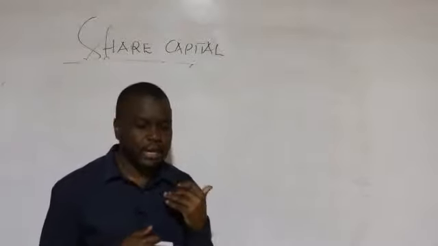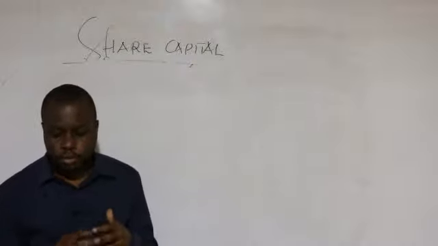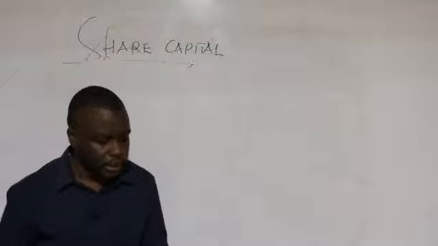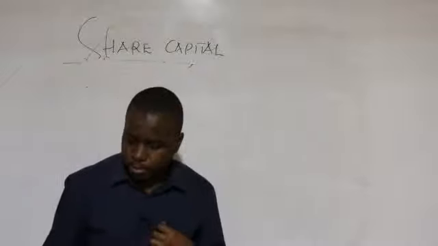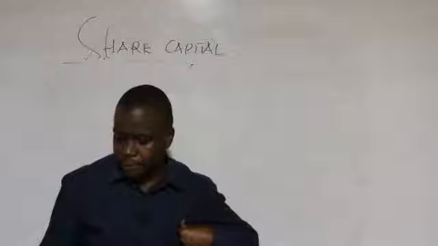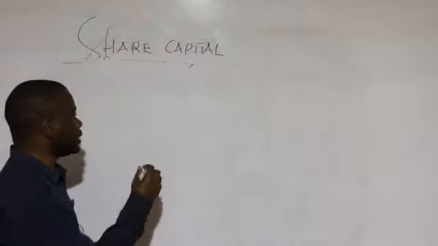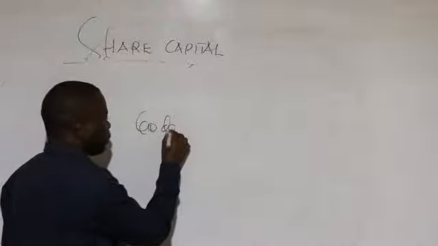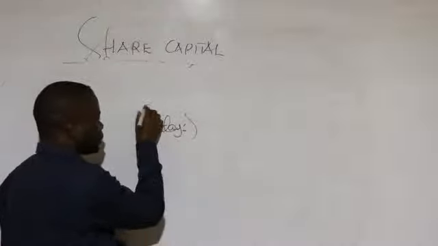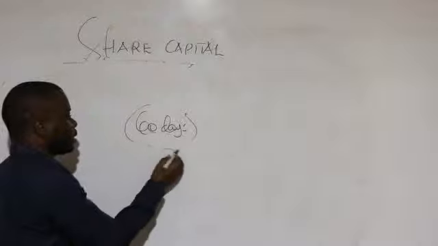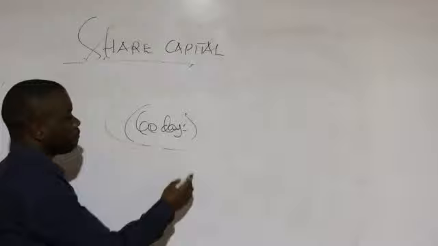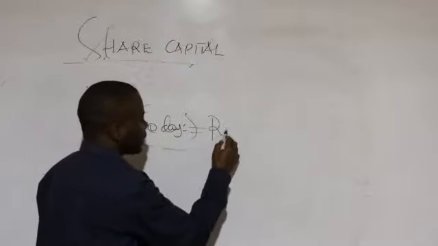So those basically will be the contents of a return of allotment that will be made to the register of companies. And it is a requirement for this particular return to be made to the register of companies within a period of 60 days of the allotment of shares. So after they have allotted the shares, within 2 months or within 60 days, they have to make sure they have prepared that particular return